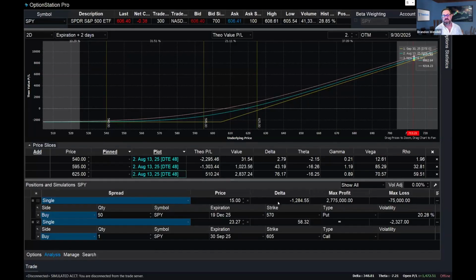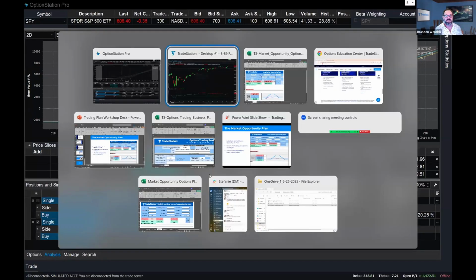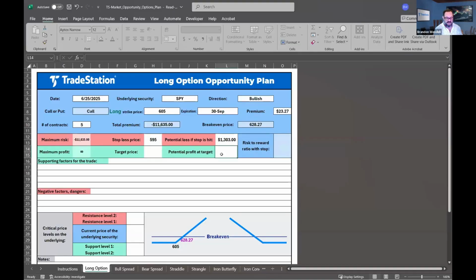If it happens by a certain time, my profit, oh, that's not good, $510. I need it to be a much bigger move. Watch what happens. My reward-risk ratio is only 0.391. I typically strive for a risk-reward ratio of 3-to-1 or better. So obviously that would not necessarily want to be my target price at $625.